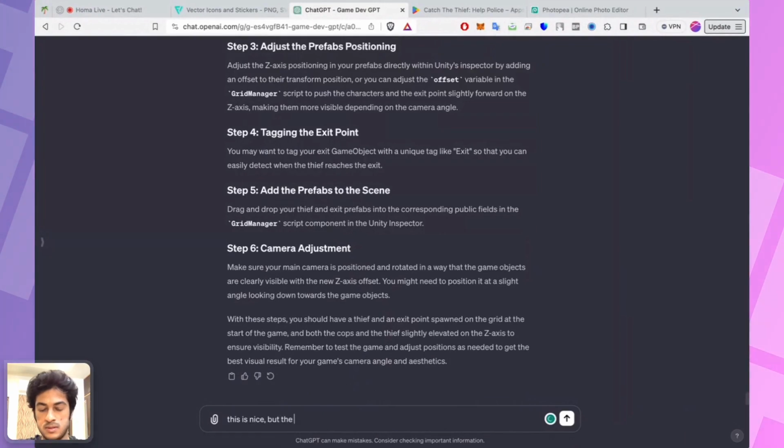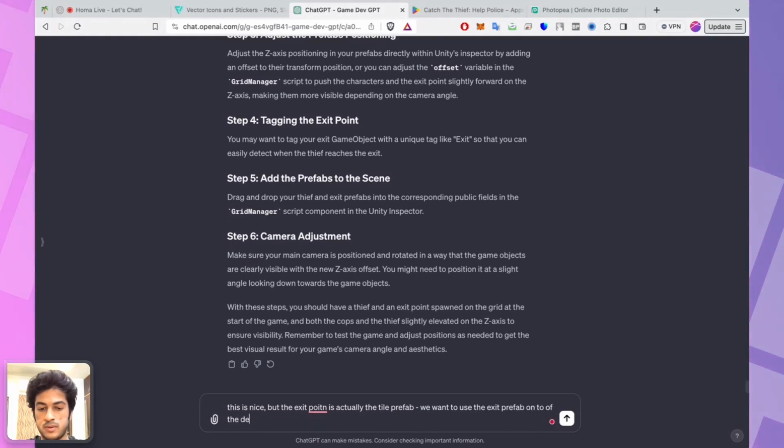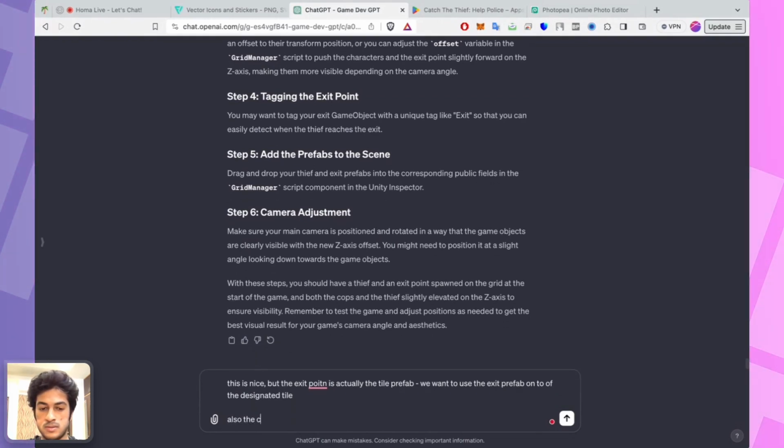This is nice, but the exit point is actually the tile prefab. We use the exit prefab on the designated tile. Also, the characters are not using the